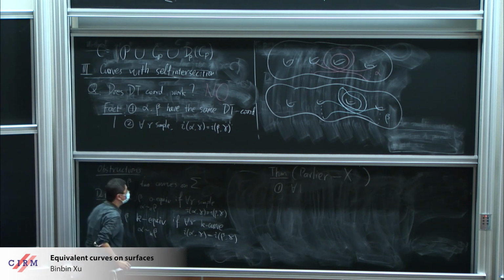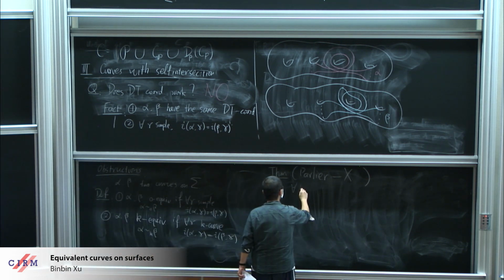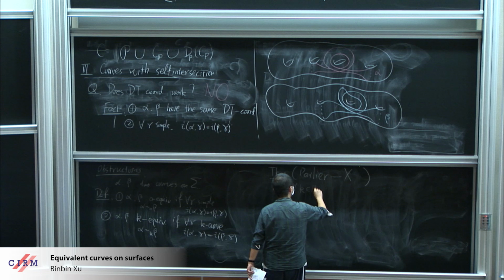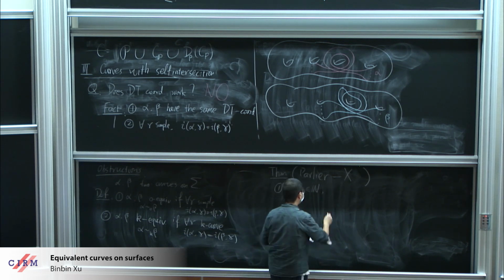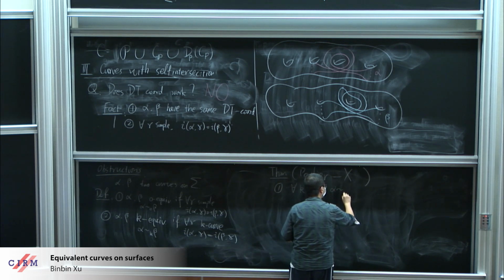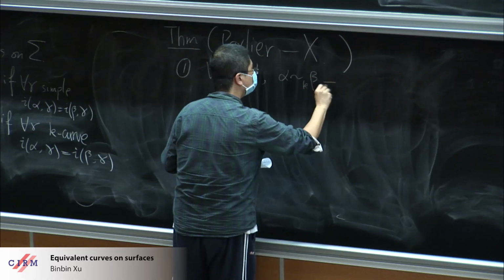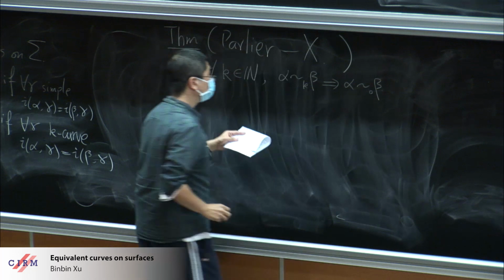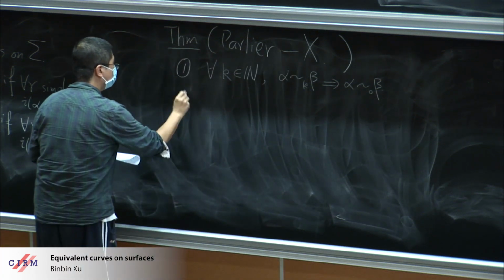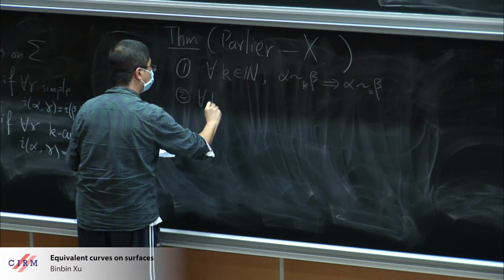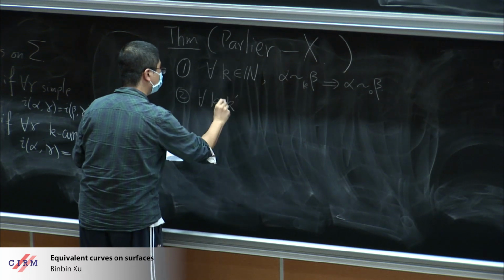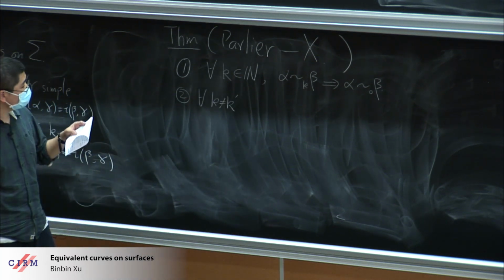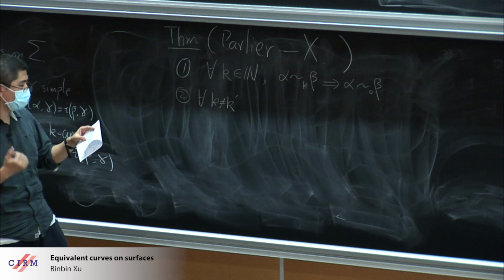So this is just a notation. So for any k, a positive integer, if alpha and beta are k-equivalent, this implies they are zero equivalent. And secondly, for any k prime, a distinct strictly positive integer,